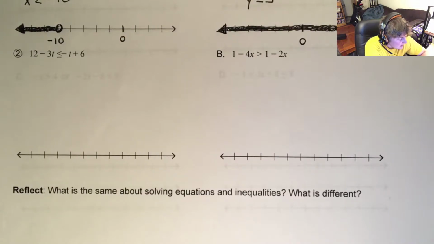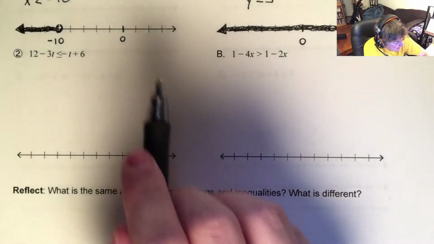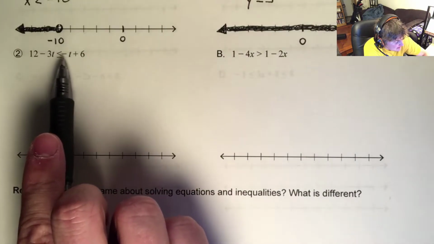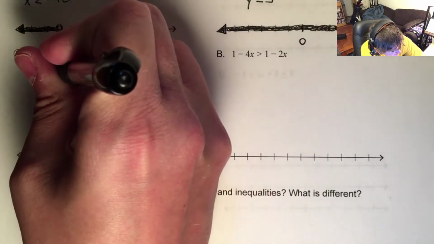Okay, so I'm looking at this, and I have 12 minus 3t is less than or equal to the opposite of t plus 6. So for myself, I like to try to get all my variables on one side of the inequality or equation, doesn't matter, and then I can start manipulating the inequality or equation at that point to get all the constants values grouped together as well. So if I want to group up my variables, I think it's going to be pretty easy. Like here, opposite of t or minus t, the best way to undo that is just